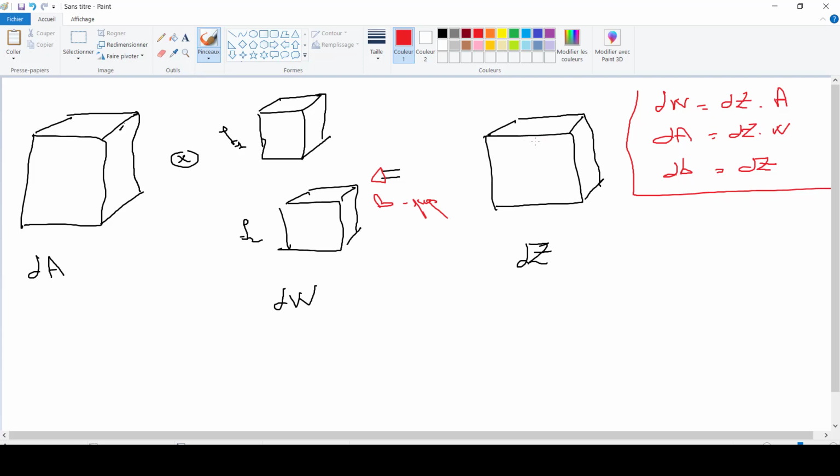As we know, the dw is going to be the multiplication of dz and A. Now in the forward propagation, this was my A. What we did is that we took a slice of this matrix.